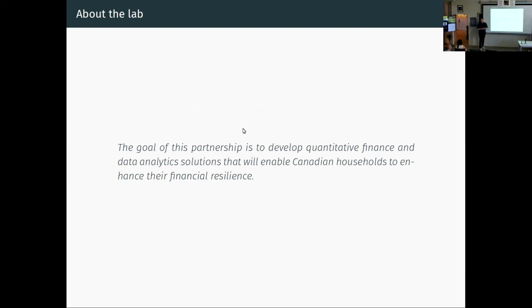At Western University, we have a research lab called Financial Wellness Lab. And the lab aims to analyze how financially resilient Canadians are, and whether they are prepared for a financial crisis or whether they are prepared for their retirement. And the advantage of this lab is that we collaborated with a lot of industry partners in the financial industry. And our partners provided us with a lot of data that would be otherwise unavailable to researchers. So we get a lot of insight by analyzing these data.